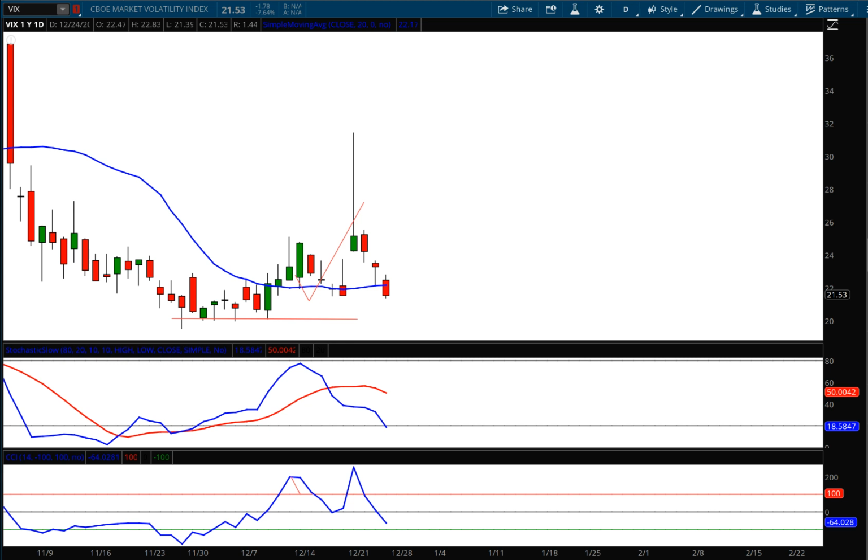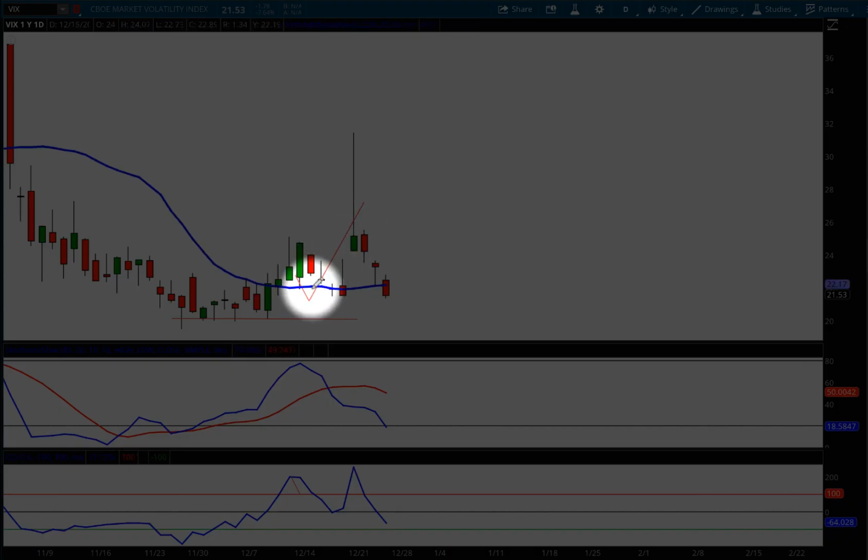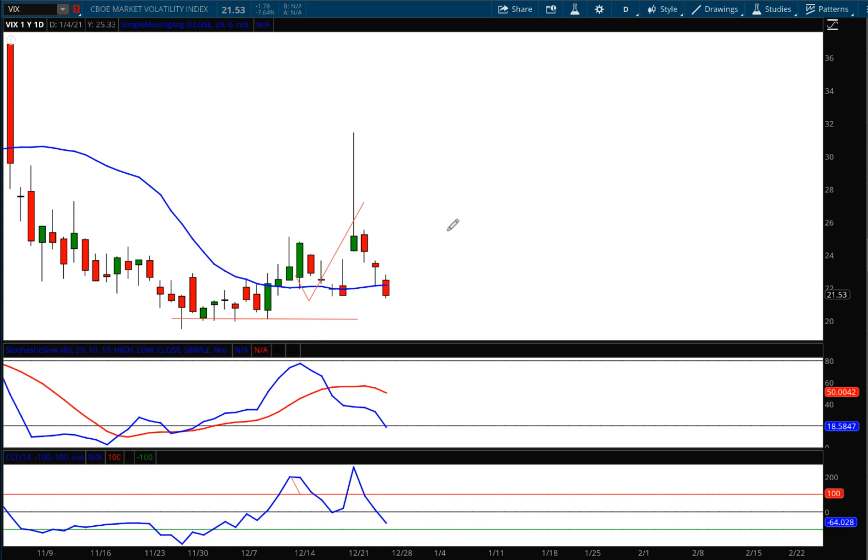If you're following along each and every week, you'll know I leave my lines on the chart so you can see what we talked about last week and how that worked out for the forecast this week. These lines that I drew 2 weeks ago were a longer term forecast for the VIX, where I said back here we would most likely drop and then rally, with the end of that line being my target. And you can see that on Monday we absolutely blew through that target and then pulled back.